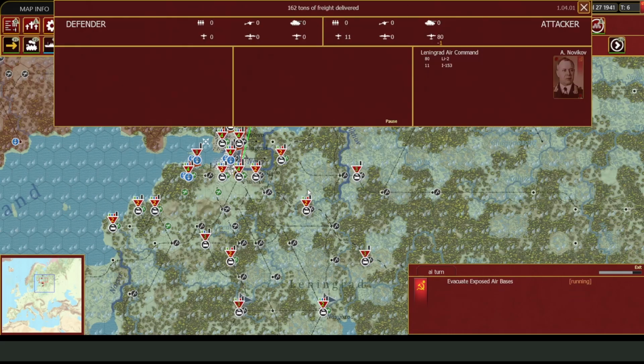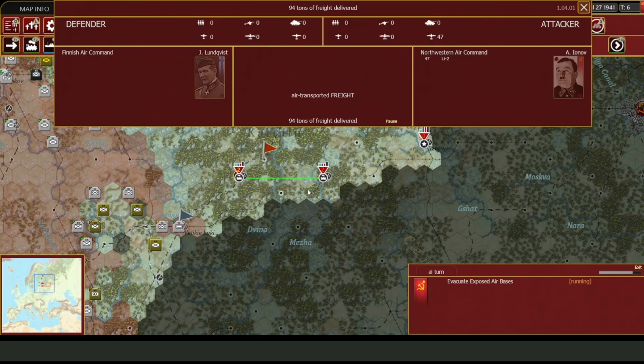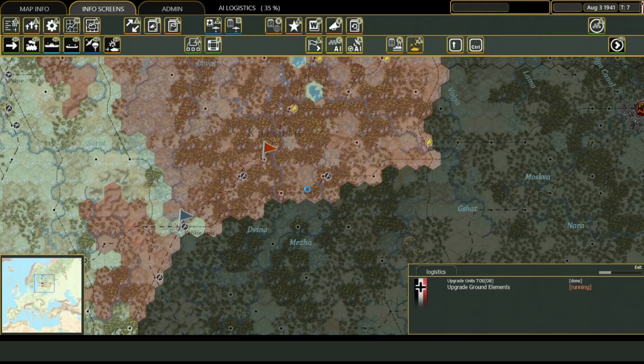Okay, they are bailing out of that pocket. Lots of freight movement, which I think is good for us because they're just losing freight planes without really hurting us. Looks like that pocket's still shrinking, which is good. Still nervous about how thin it is, but